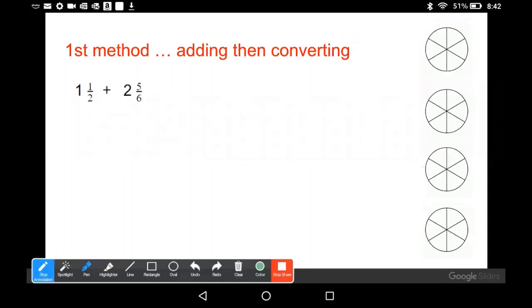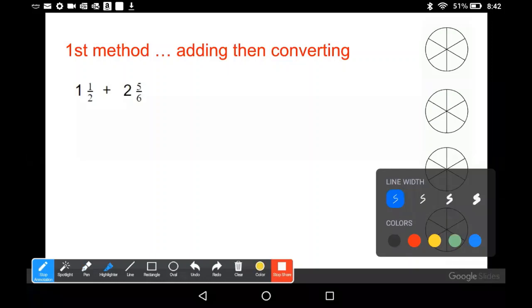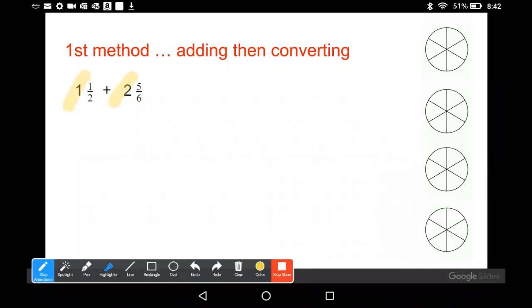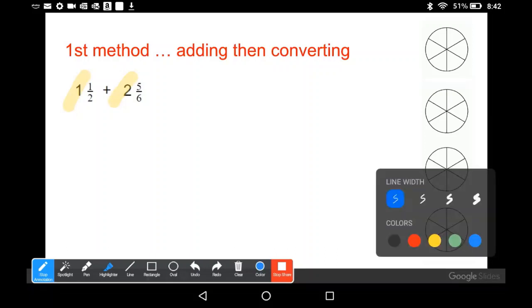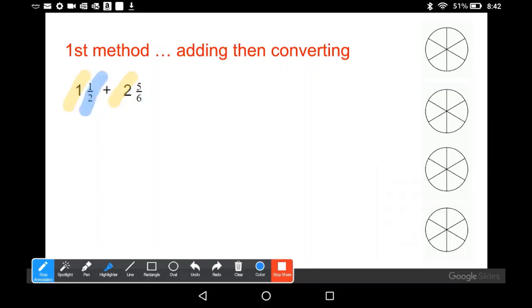The first method requires you to add them and then convert them. When you do this, you're going to add your whole numbers, 1 and 2, and then you're going to add your fractions, 1/2 and 5/6. You keep your whole number separate from your fractions. So I am going to put my 1 plus 2 here, which gives me 3. And then I'm going to put 1/2